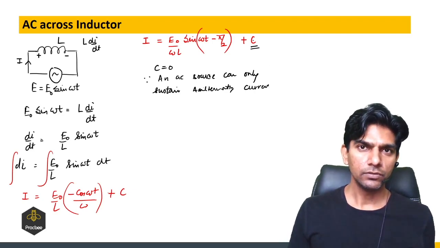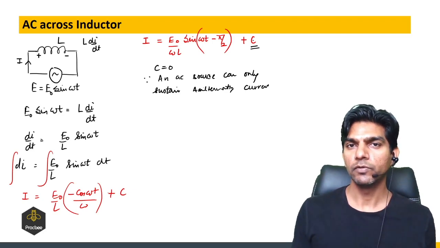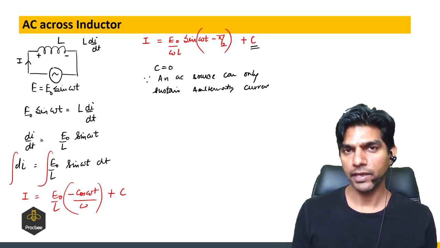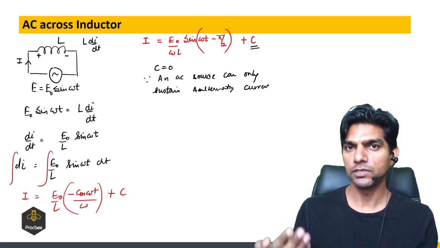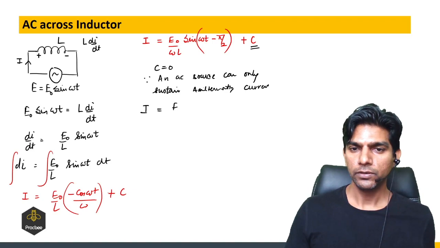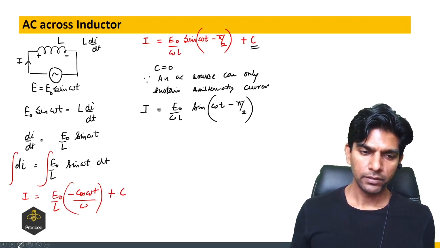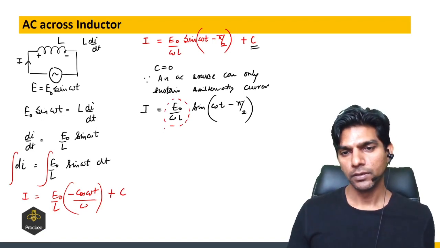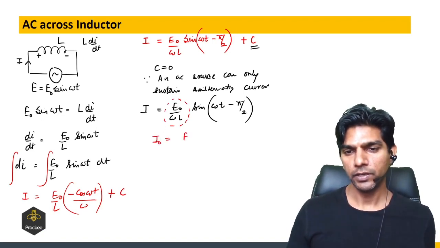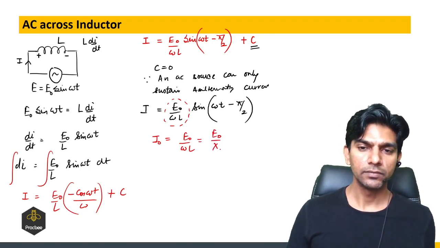If C is non-zero, in that case, we can have a case where I is non-oscillating, or not alternating. It can have one sign only, positive or negative. So we can say I will be E naught by omega L sine omega t minus pi by 2. And if you look at this vector, this is nothing but the peak current. So I naught will be E naught by omega L,